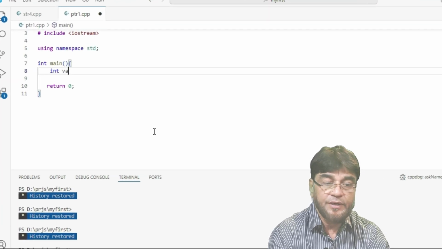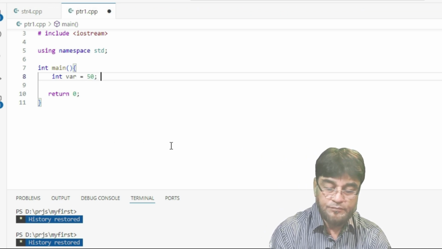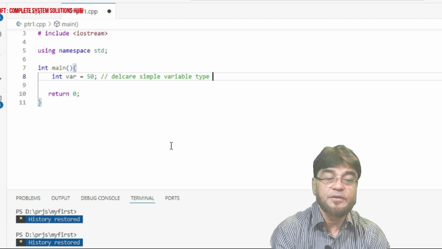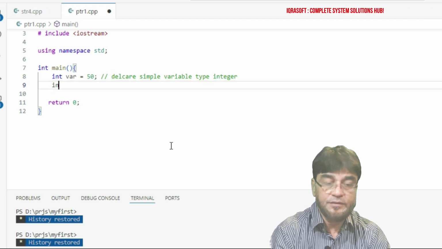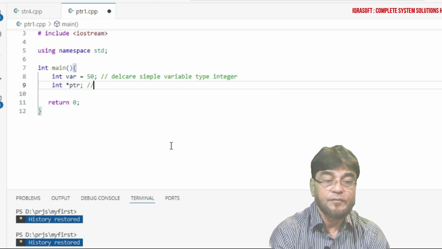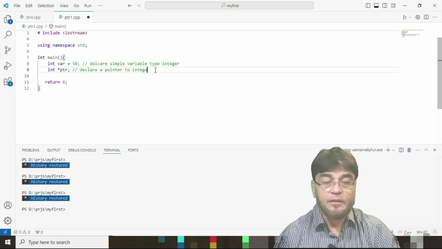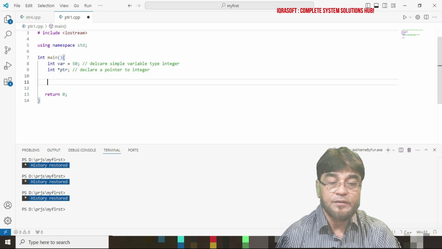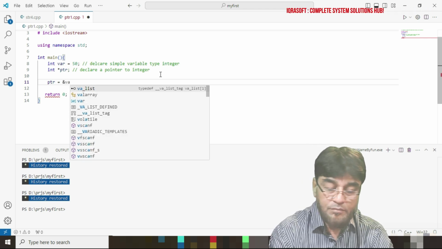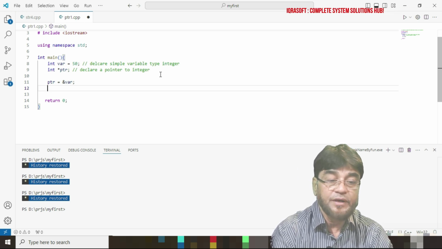Integer variable is equal to 50. Declare a simple variable of type integer, then int star ptr, declare a pointer variable. The pointer is equal to the address of a variable. Pointer is equal to ampersand of variable. We are assigning